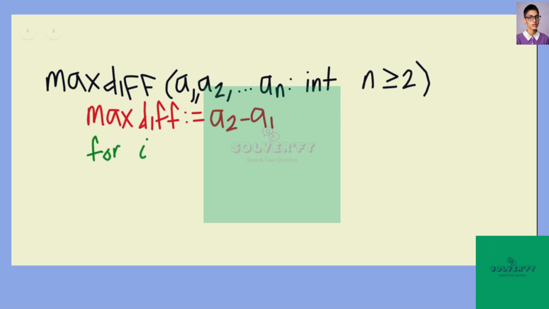Okay, so now if we consider the subscripts as a variable being i, if we have three or more elements in the list, we should maybe specify here that we actually want it to go from 3 to n. So for i equal to the number 3, up to integer n,